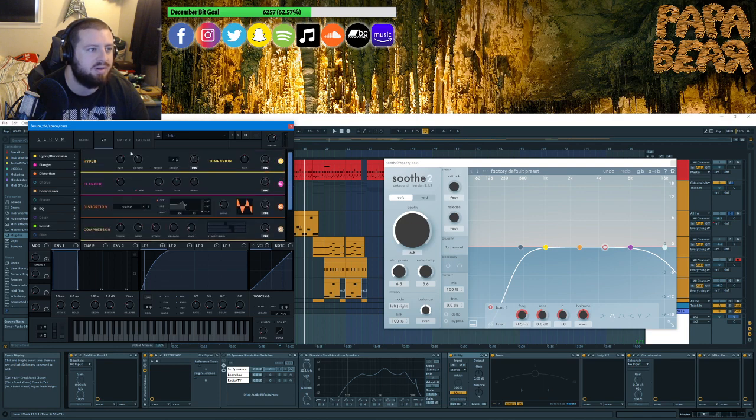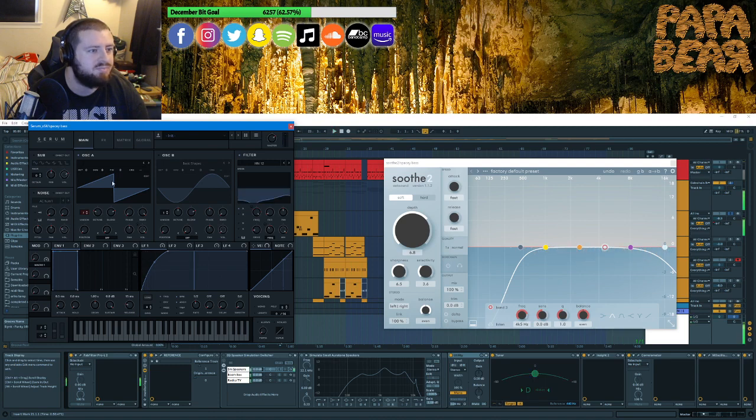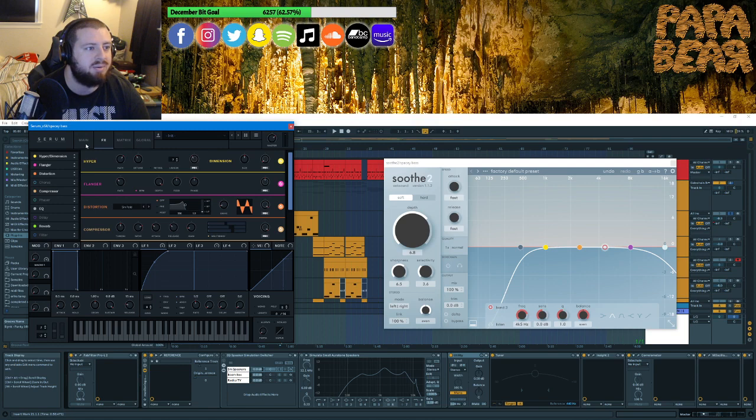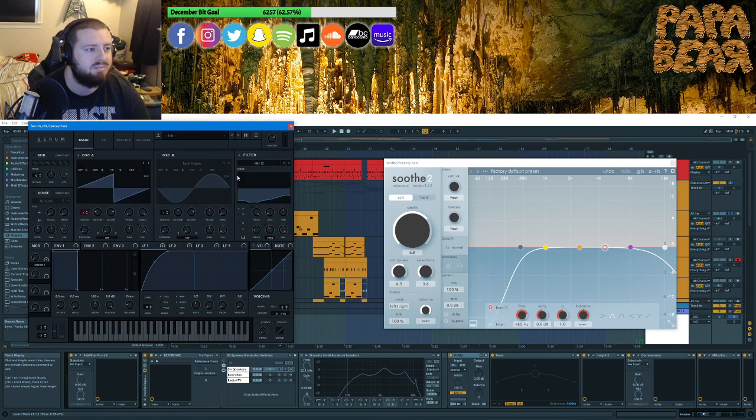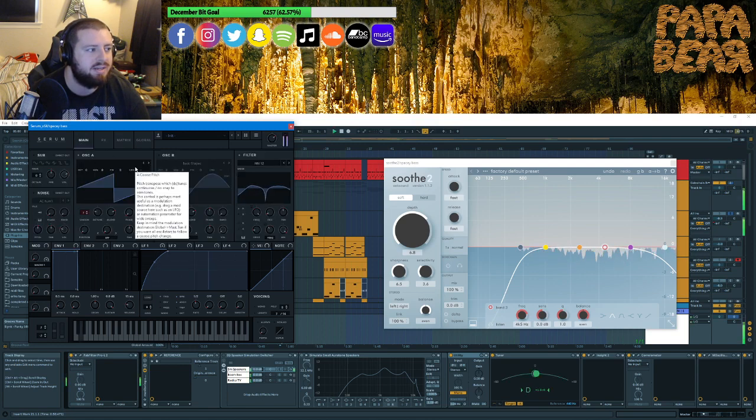And of course the reverb. Actually, I think I turned that off, yeah. But we're basically making the really phasey part mono, and then making it sound stereo again in a better way, a more mono-compatible way.